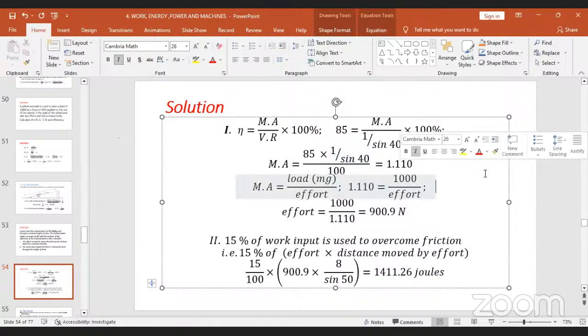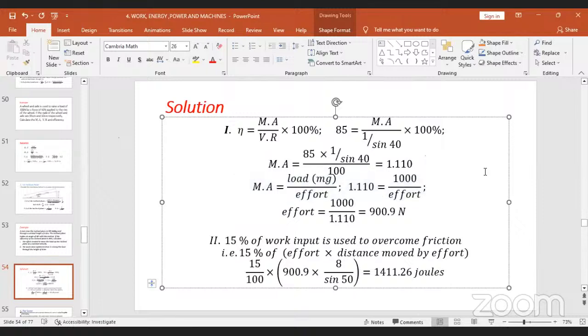So looking at the working there, we have mechanical advantage. Did you get mechanical advantage as 1.1? No. What do you get as a mechanical advantage? 1.275. 1.27. I want to believe the example had been worked out with sine 50. So the effort therefore then